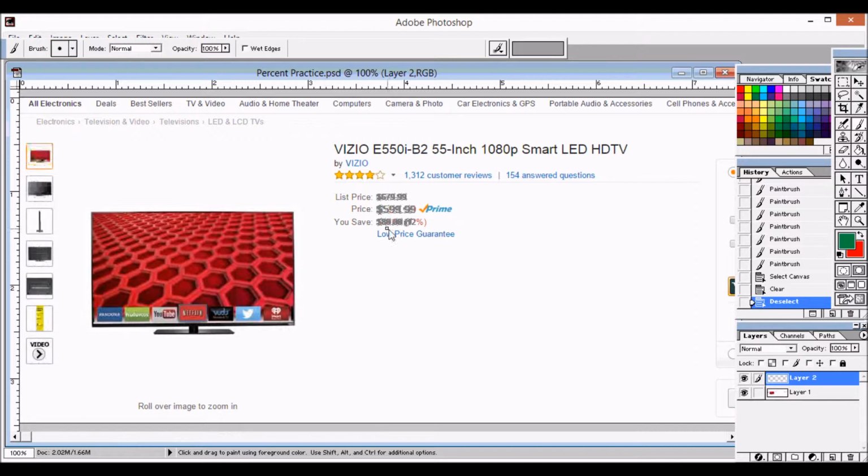So what I wanted to share with you is I went on Amazon and I found this 55-inch Vizio Smart LED HD TV. Looks pretty sweet, and they've got a list price here of $679.99, but I don't have to worry about that because Amazon's only going to charge me $599.99. And look at that, it's Prime eligible, which means I can get it with no shipping straight to my door for only